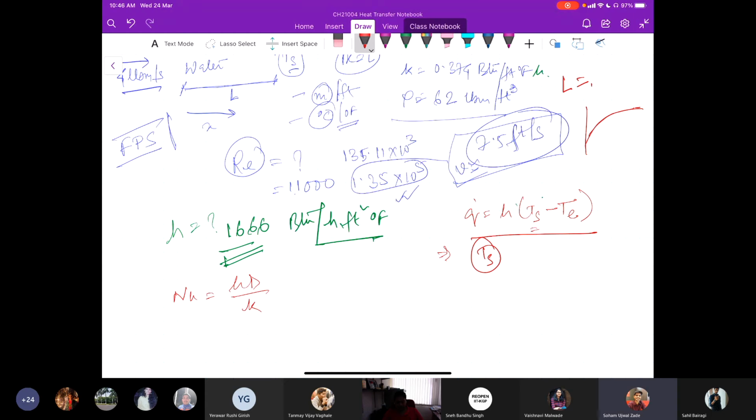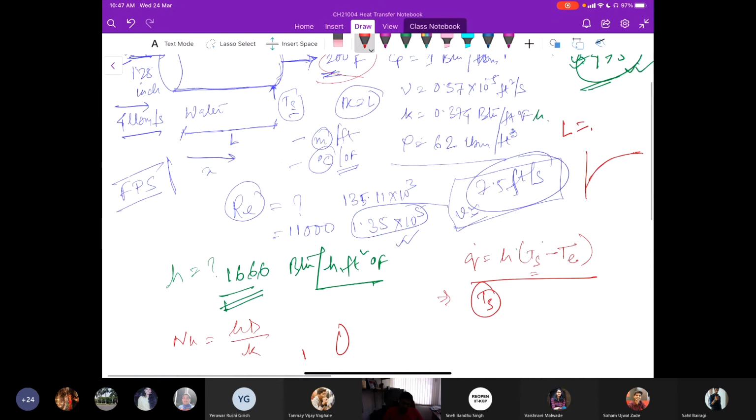Okay, sir. So if L was small, then we would have used the other format. Yes. But here L would be how much? Around 6,000 feet, isn't it? So it's around 6,000 feet, and you have a diameter of 1.25 inch, and you convert that to feet. Multiplied by 10, it's